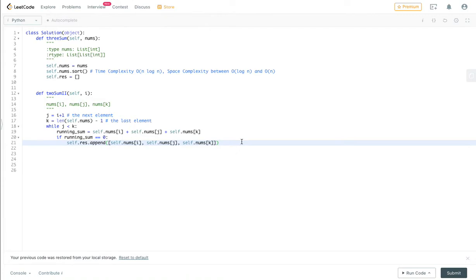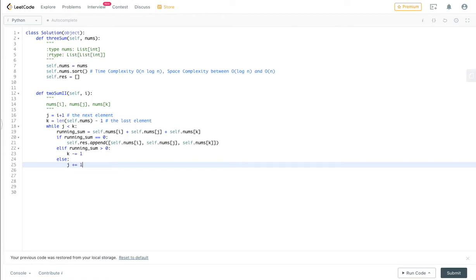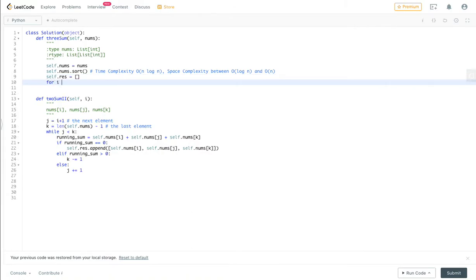Okay. And if the running sum is larger than 0, we know we need to decrease k, and if the running sum is less than 0, we need to increase j, and so we iterate through i,